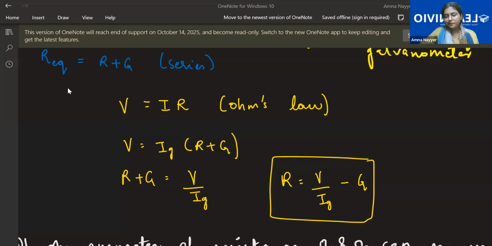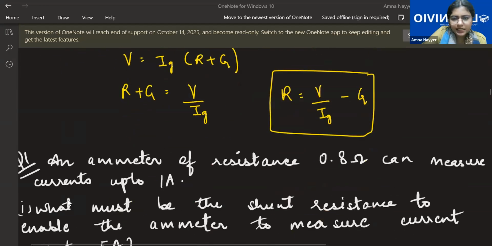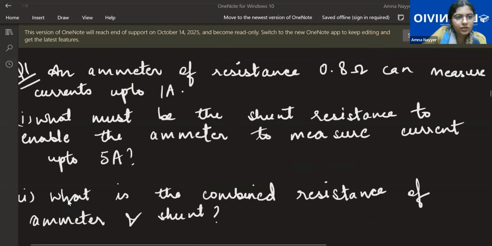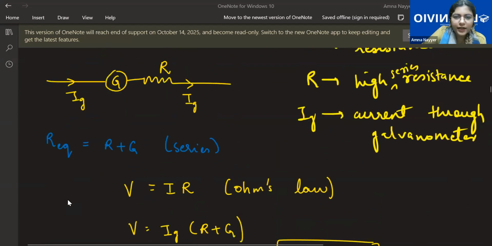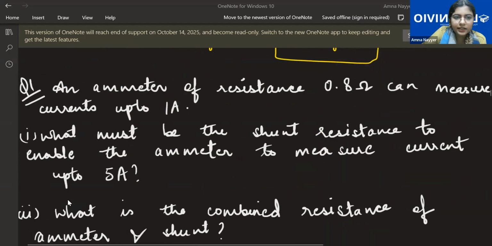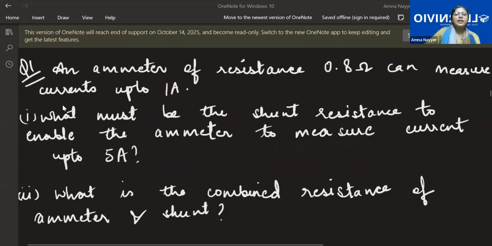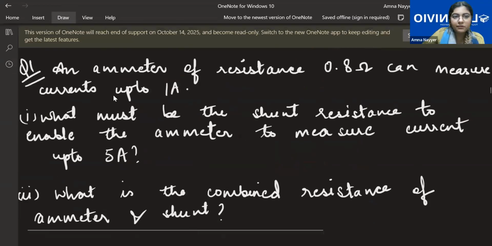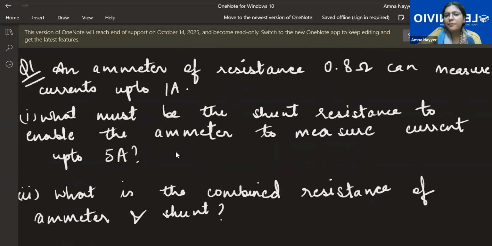There's one very good question that I have. This one. The rest of the questions that you'll have will be completely formula based. This is a good question because the term ammeter is given here, so it becomes a little confusing. So see, ammeter of resistance. Do we have an ammeter over here? Ammeter basically means your galvanometer only.